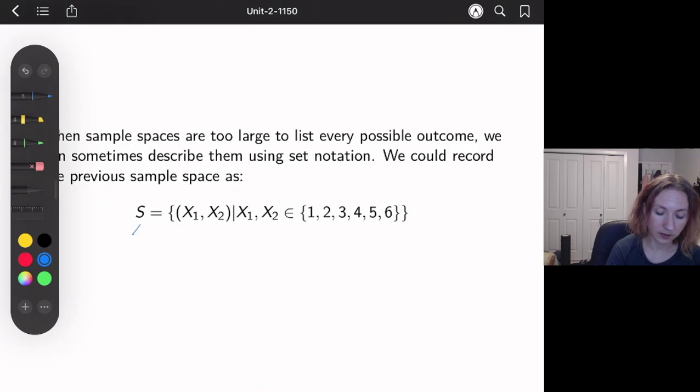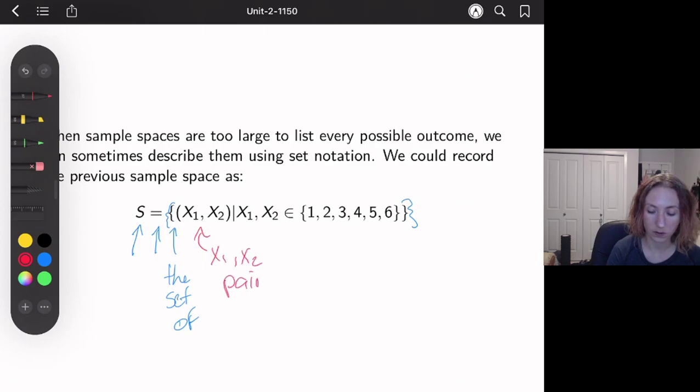So our sample space is equal to the set of, so that's what these brackets are doing. It's the set of, we want to think our set of x1, x2 pairs. This straight line here in math represents "such that"